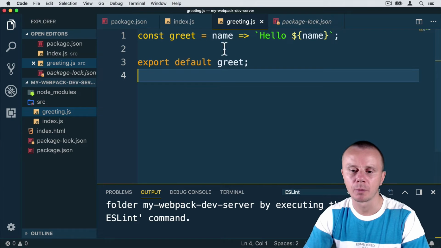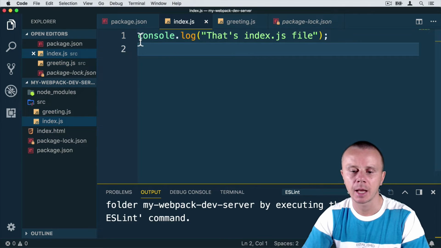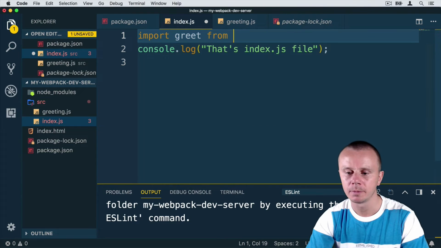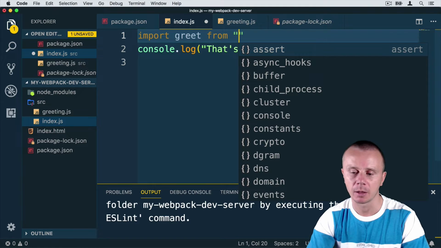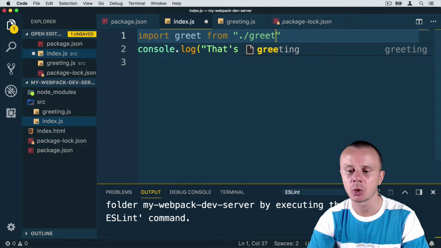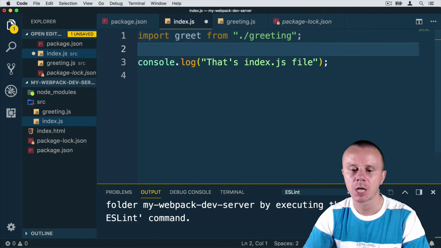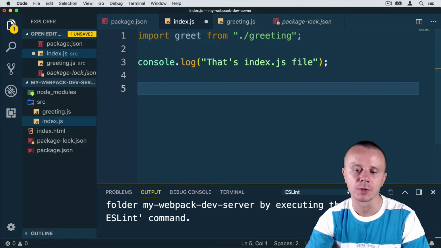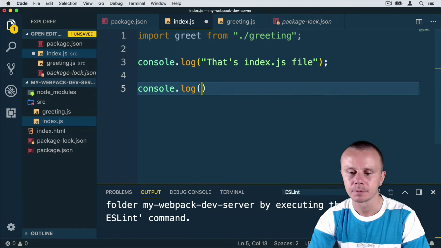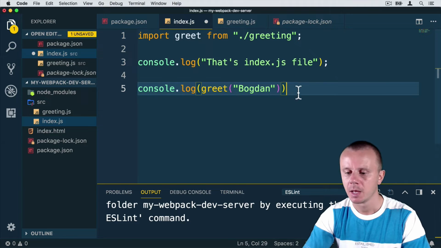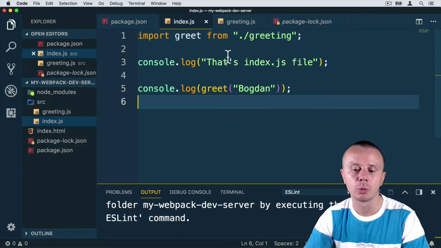Let's save, let's move back to index.js, and here at the beginning of the file, I will import greet from the name of the greeting.js file. I need to use the following syntax, ./, and here simply greeting. And now I can call the greet function here. And let's log to the console the result of this function call. Console log greet, and let's pass argument Bogdan. You can pass here your name. Let's save this, and now we are ready to move on and combine those two files into a single bundle using